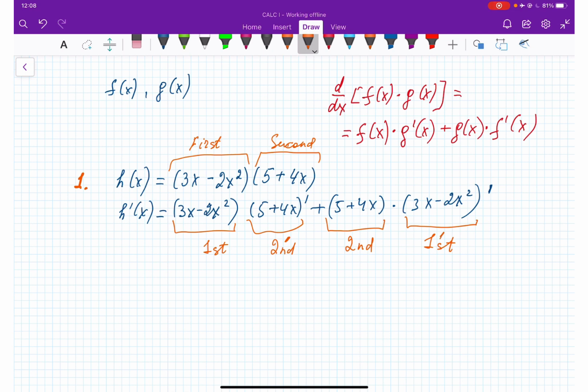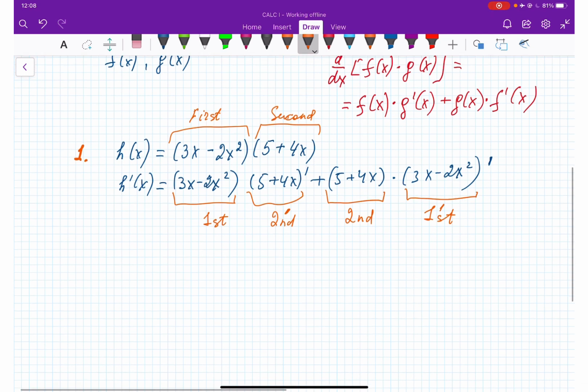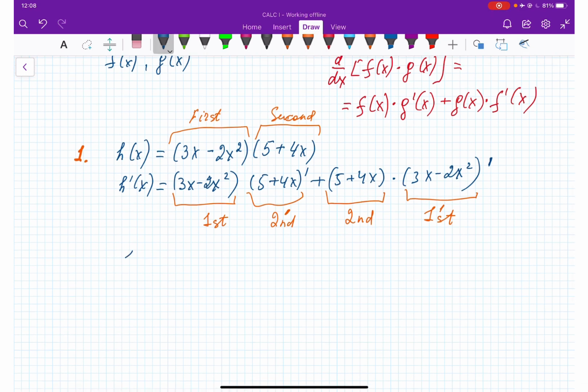Okay? So what we are going to get, h prime of x is equal to 3x minus 2x squared, because we don't do anything with the first one,